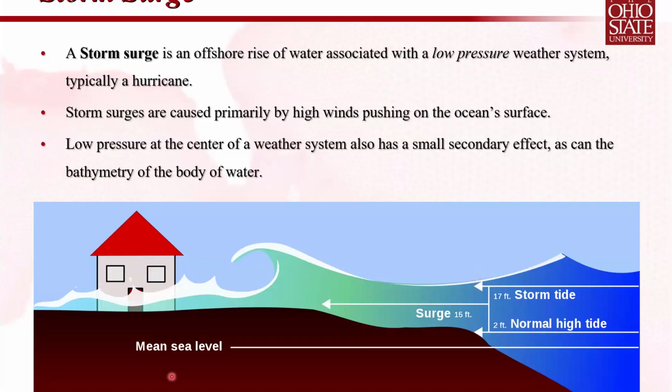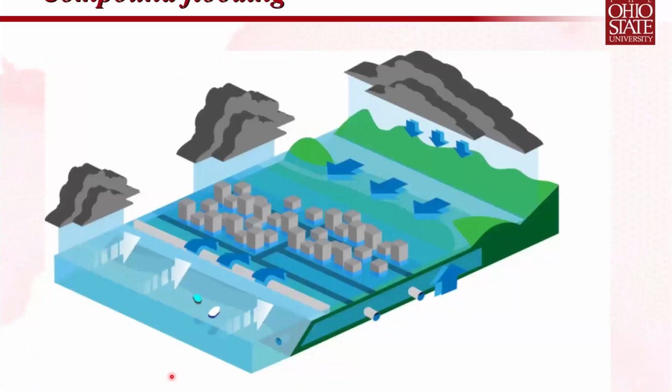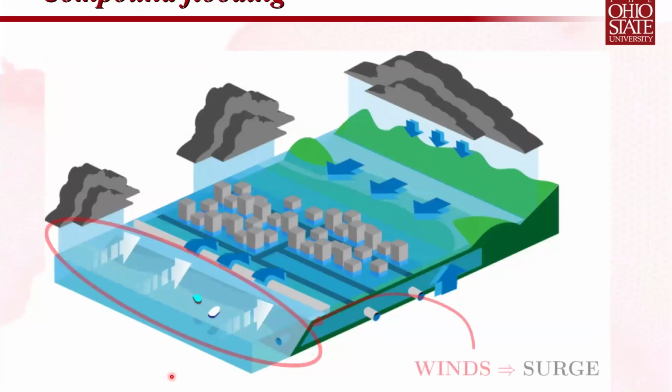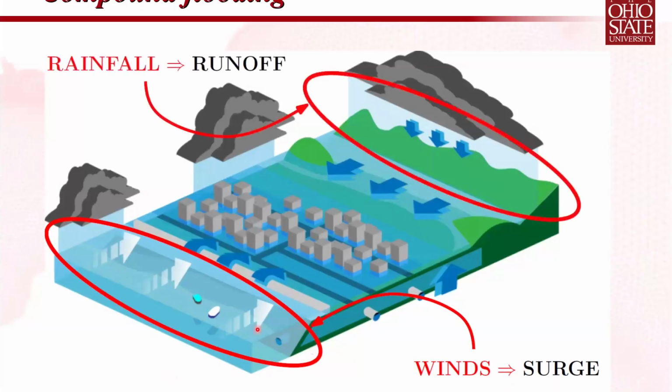the flooding. Now, as I mentioned, oftentimes we have this effect of what's called compound flooding, and that's flooding caused by 2 or more flood drivers. So a lot of times you're not only getting the winds, which are driving the surge, but you're also getting rainfall, which is resulting in runoff. So you're getting flooding occurring from 2 different causes, and these different causes can have nonlinear interactions, which can intensify the flooding results that you get.